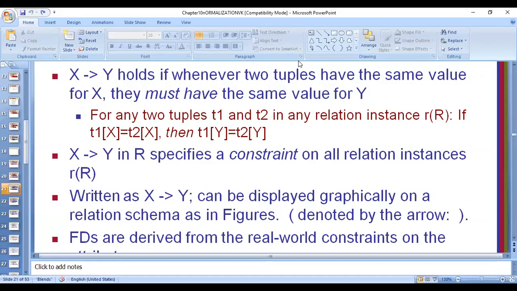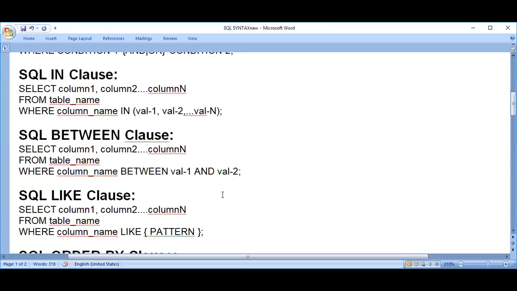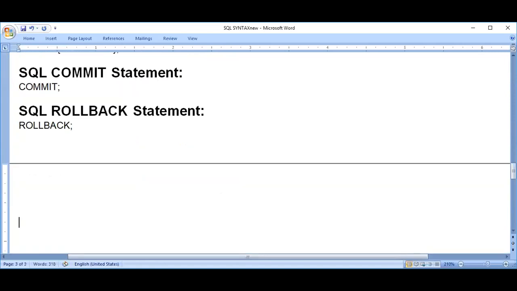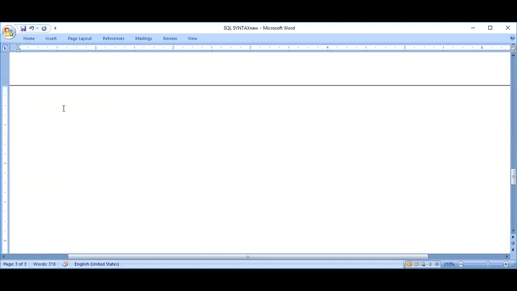I'll just start with new share. I'll take this SQL screen only. Can you see the Word file? Yes, ma'am. What I was trying to tell you was about single attribute X, Y functional dependency. Now we have a table called student. In the student table we have roll number, name, address, and city.